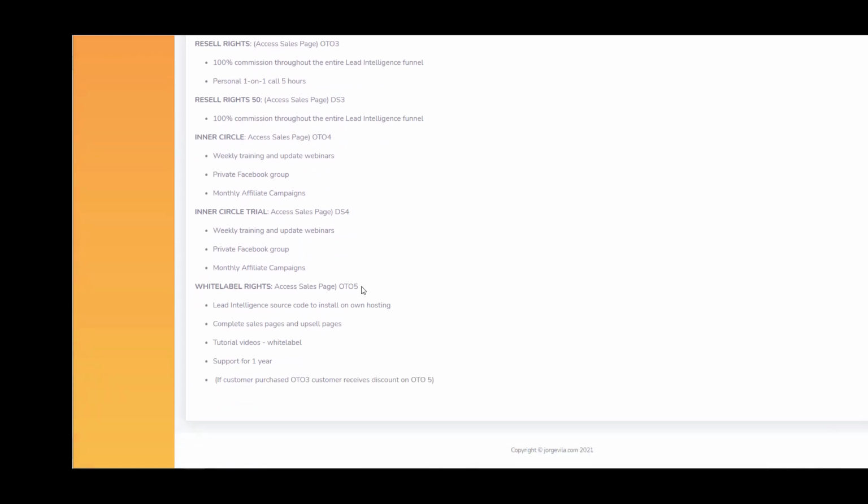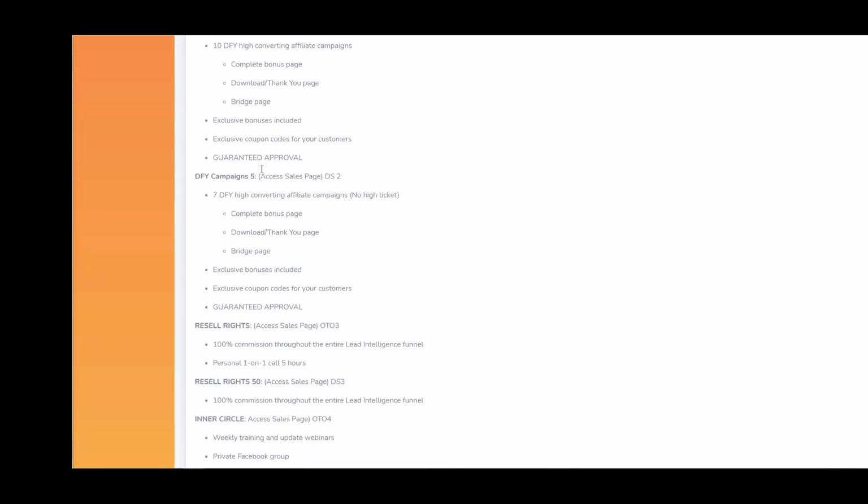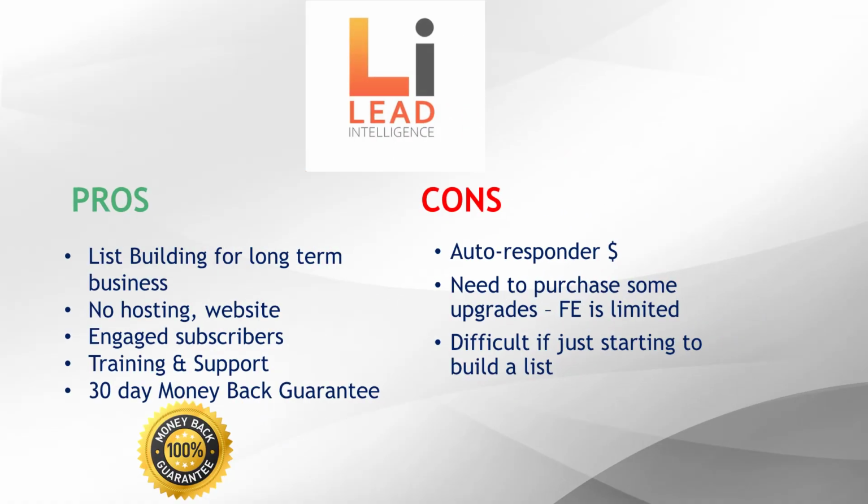White label rights, OTO 5, is the source code, so you can install this on your own hosting, so you become independent of their own servers. Complete sales page and upsell pages, tutorial videos, and support for 1 year. So they're the upgrades. So when I compared the sales page to the members area,